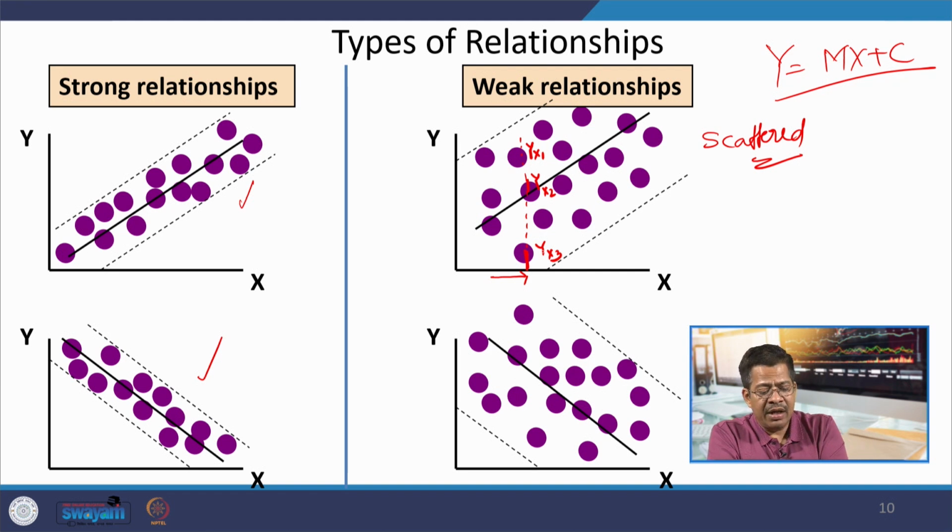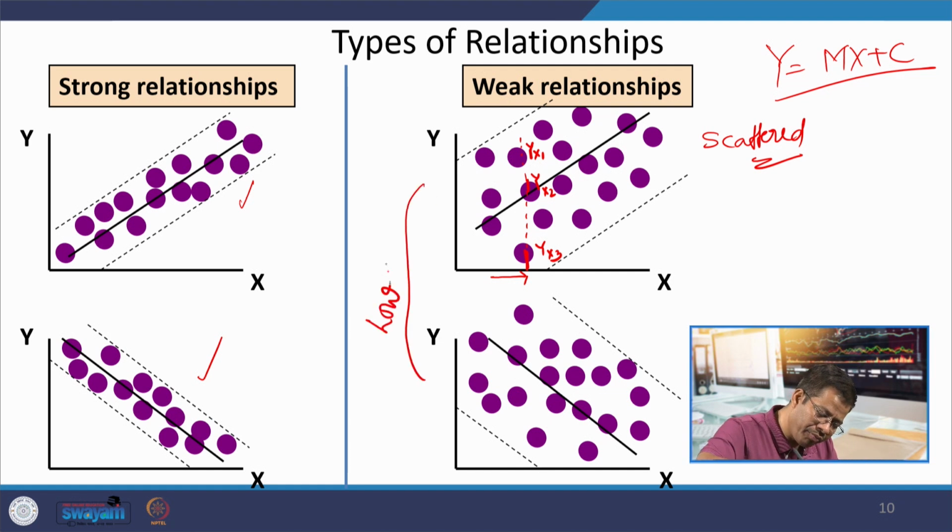So, in this case, the relationship which we will be developing, y equals m x plus c, is not going to give you a very good estimation or prediction of y, because for one value of x there are different possible values of y, but my relation will give you only one value and y may take any other value also. Therefore, our regression analysis will have low predictability.